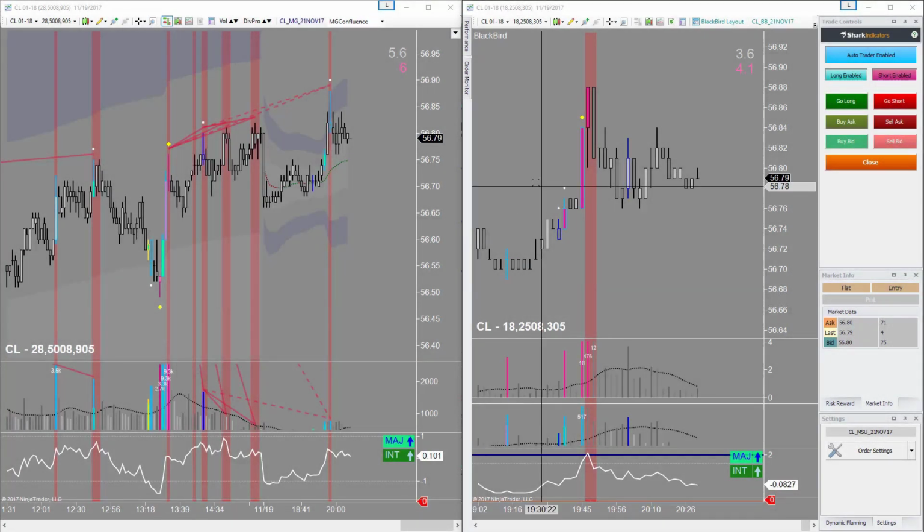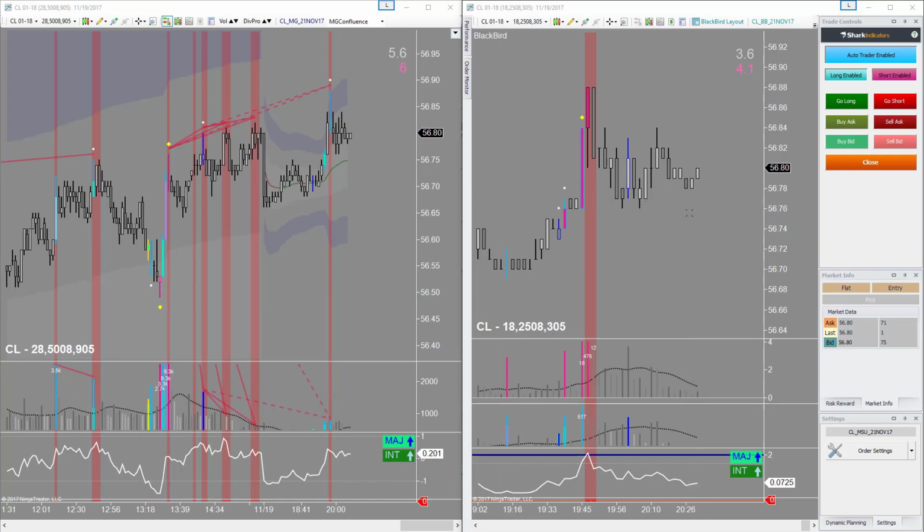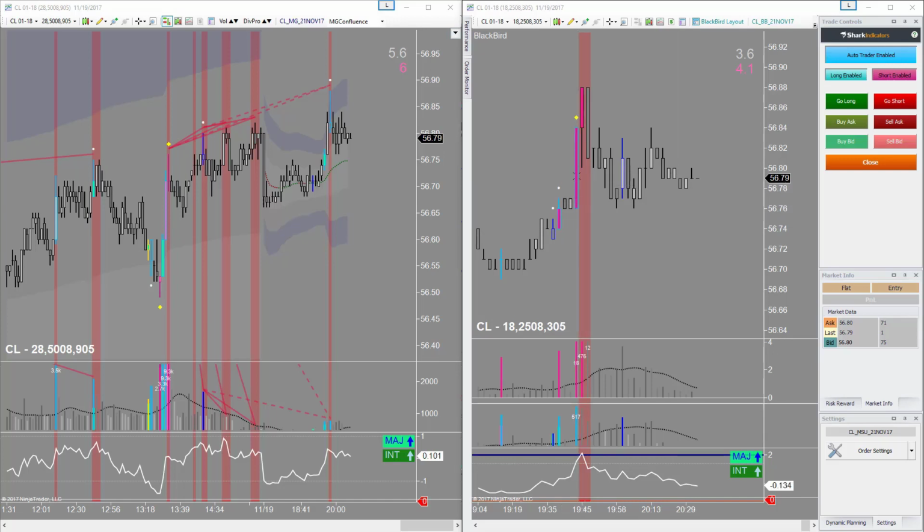So what I did with these charts here, this new bar type, is let me show you like this. I had Blackbird on a 30-second chart. The problem with those 30-second charts, sometimes, especially around news announcements and very fast-moving sections of market, we could get to the point where we had a massive reversal bar, and by the time we would get into the trade, it might be 20 or 25 ticks away from the area,